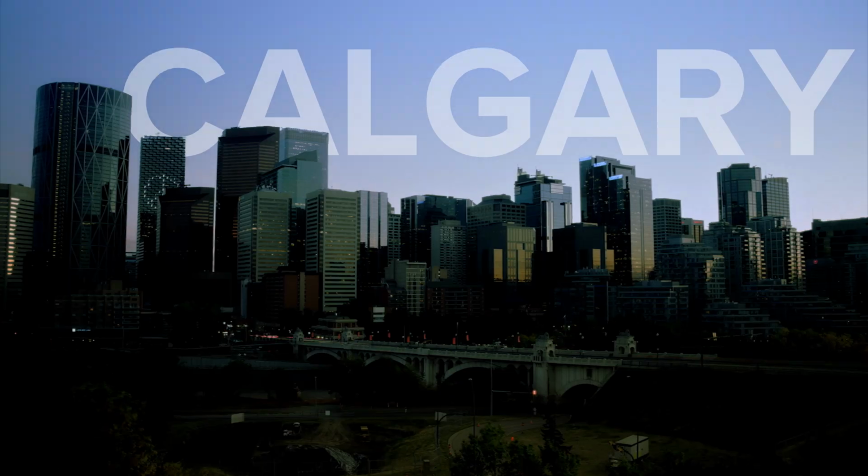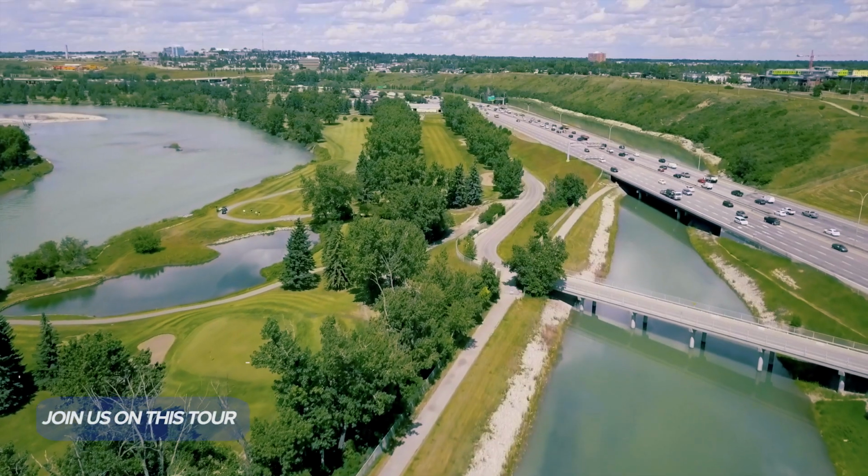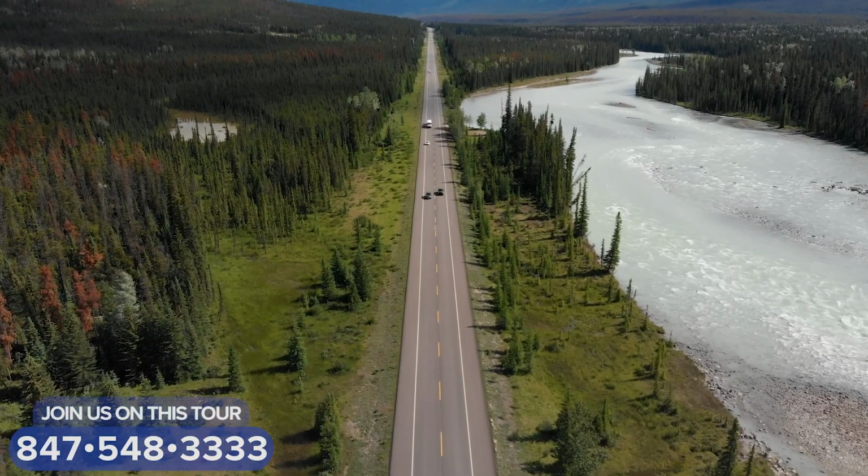Okay, so let's take a look at our day-by-day itinerary. Our tour will begin in Calgary, where we'll be staying at the Fairmont Palliser. Folks, I'll never forget the first time I led this tour. I remember that morning we woke up, we slowly drive out of the city, you kind of get into rural